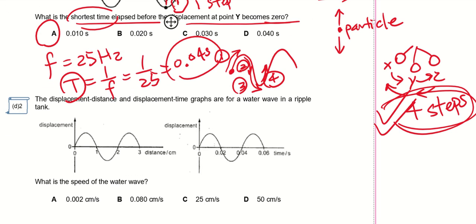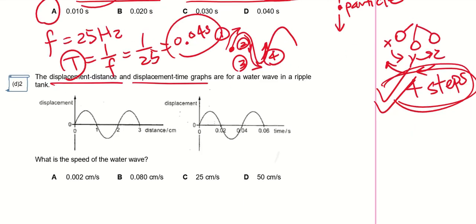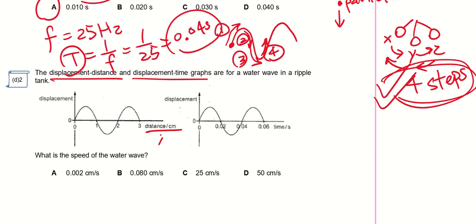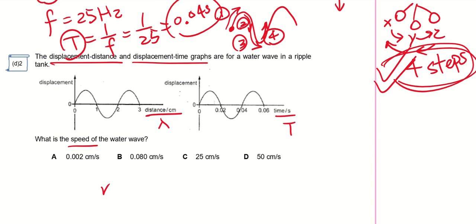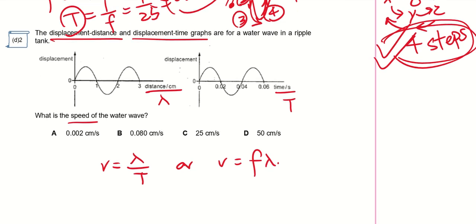Okay, let's try D2. We have displacement distance, DD graph, and DT graph. So DD graph, this one I can get wavelength, this one I can get period. Okay, now they want us to find the speed. Speed is v equals lambda over T, or v equals f lambda. Okay, and we look at the options, all have cm per second, so I don't need to change my wavelength